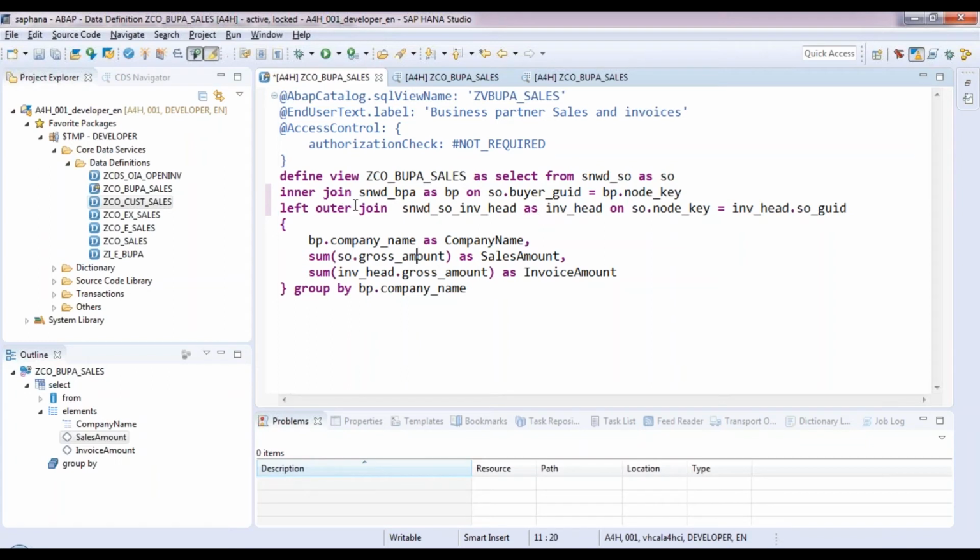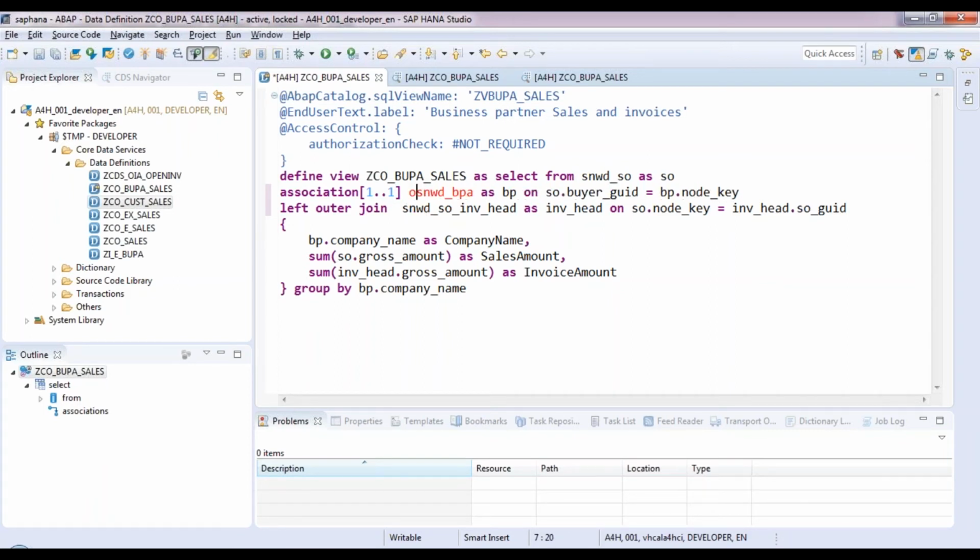As you know, CDS is an extension of SQL. In SQL you write join like this. In CDS form, you can write association 1:1 for inner join, basically, because there is exactly one record in both tables corresponding to the join condition.